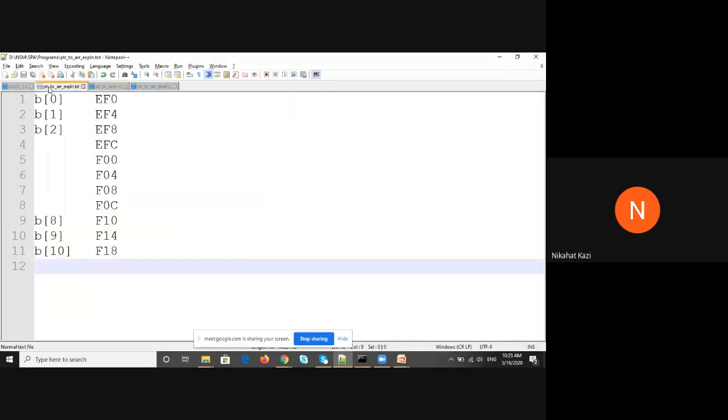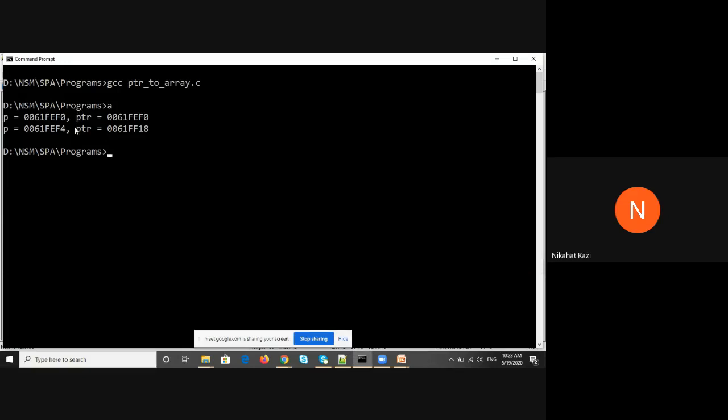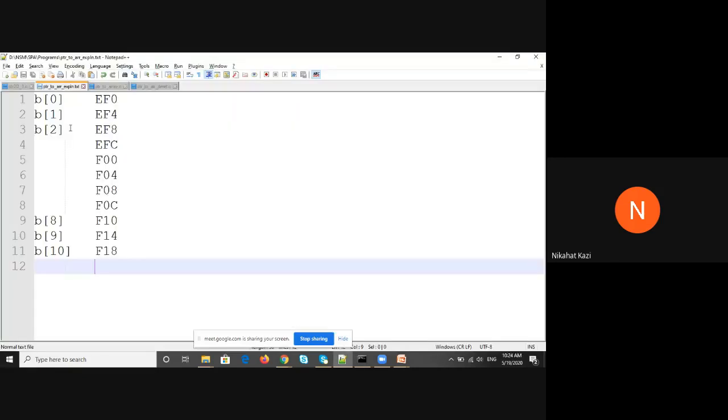So initially B of 0 is EF0, right? We will see these last 3 digits. So B of 1 will be where? It will be at the next location, 4 bytes, so EF4. I hope you know hexadecimal format, 0 to 9 and A to F. Give me a yes on the chat window.